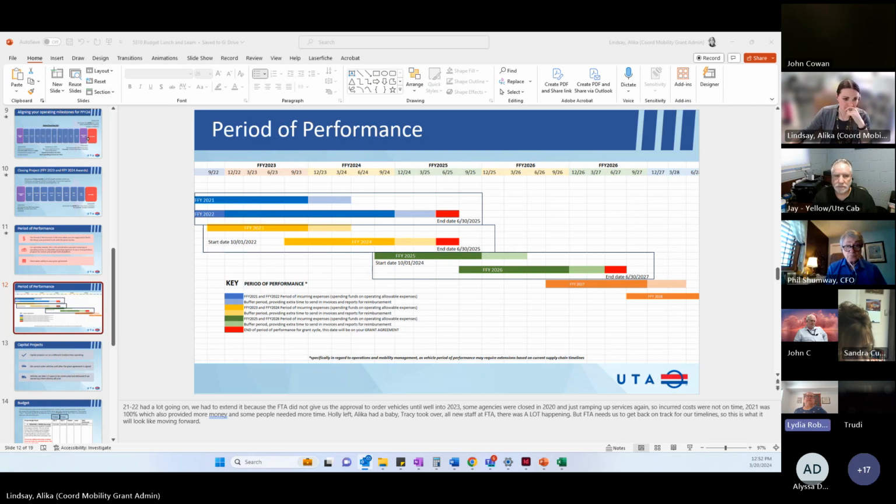We just have to get our heads wrapped around the fact that we're going to spend money and have to wait over a year to get reimbursed for it. We need to start thinking in those terms. I know that's hard for agencies, because in the past they've just billed whenever, and FTA was like, no, we don't want you doing that. It kind of shifts our ability to maybe match on some things if we're also floating the cash flow through the time frame. Yeah, that's a good point. It does simplify some parts of our grant.